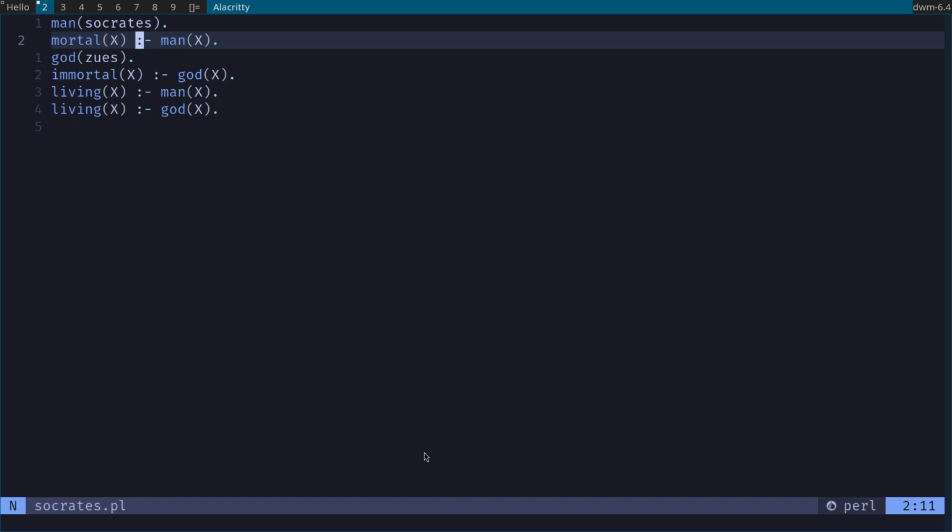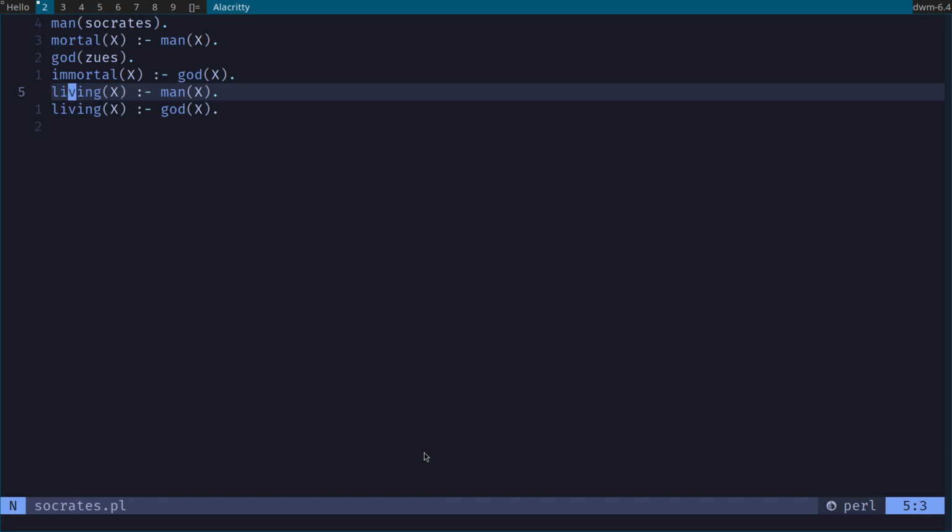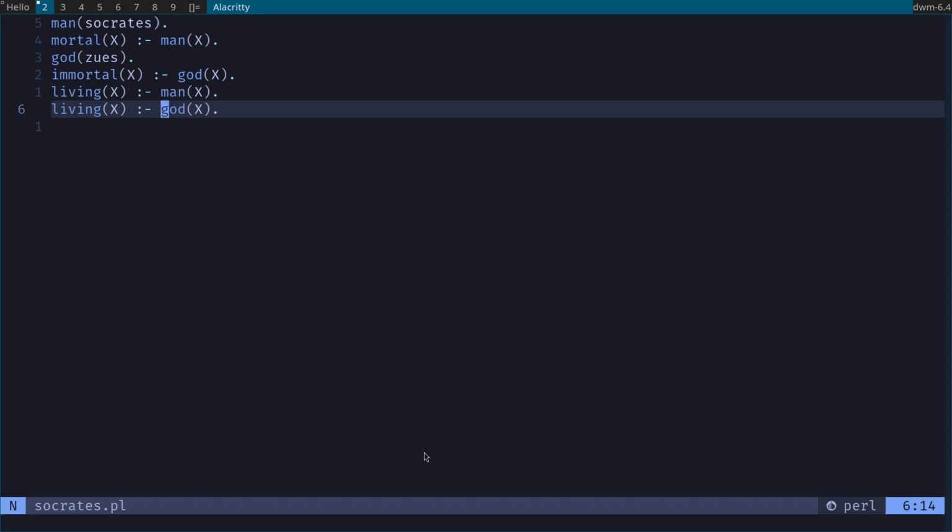You would say, if something is a man, then it is mortal. Likewise down here, if something is a god, then it's immortal. And then here, if it's a man, then it's living, and likewise with a god. And you do have to put these on 2 separate lines so that Prolog knows what you're talking about.